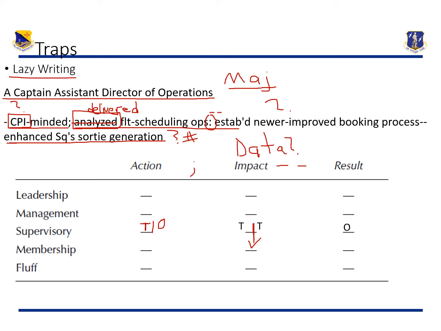I think that they work at a higher capacity. In the supervisory role for the result, I think I agree with. It's no more than a supervisory role because it is impacting the sortie generation. But to be honest, it's so vague that I would almost not even call it any type of operation. I'll just call it fluff. Hopefully, we avoid this lazy writing. It is a common trap, especially when you don't have the data. You just make up stuff, and that's never good.